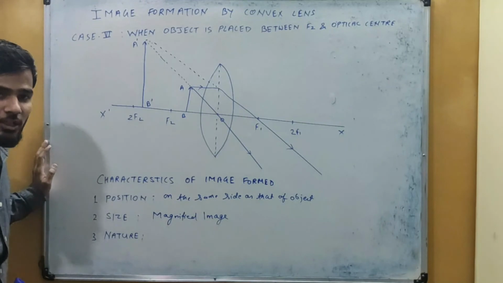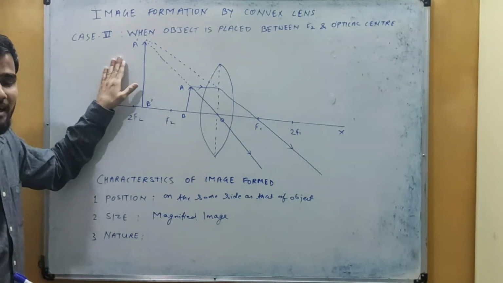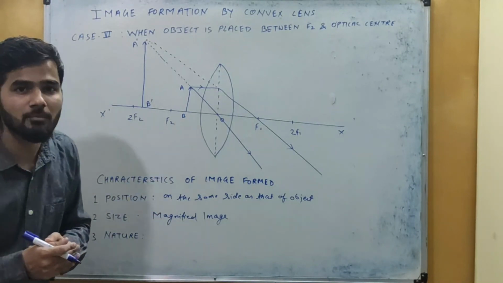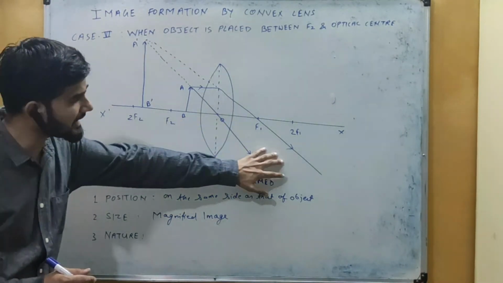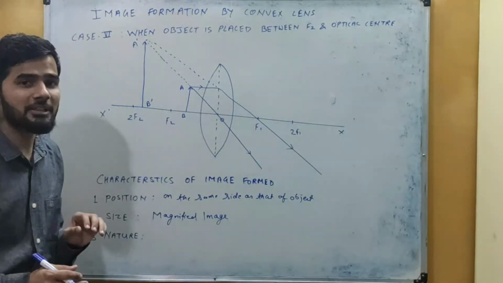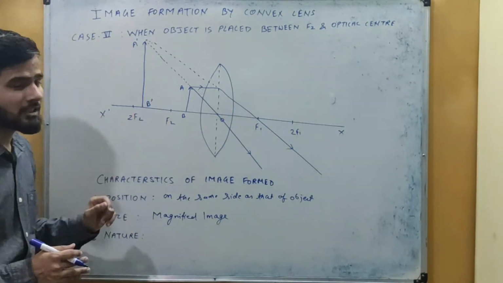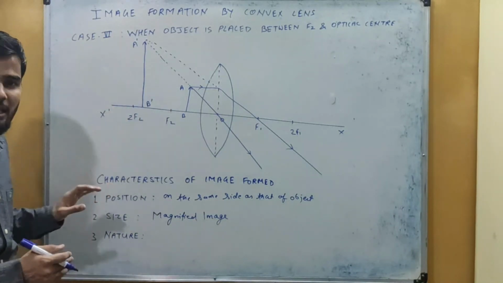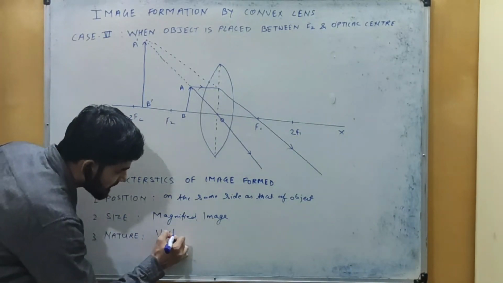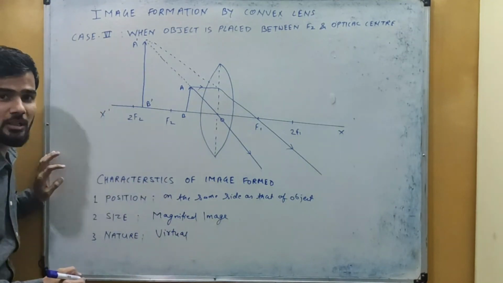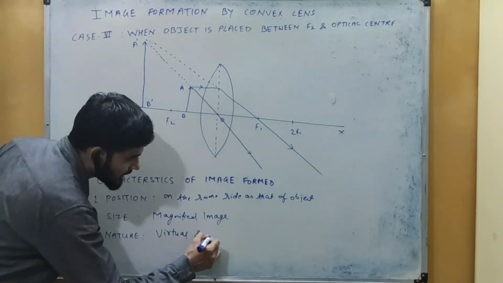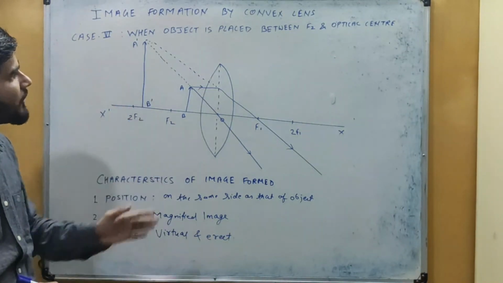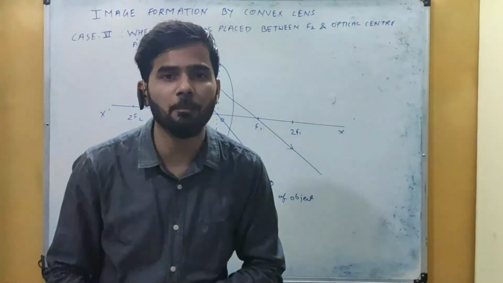The next is the nature. अब यहाँ पर देखिए nature, it is exactly different from what we studied in the 5 different cases of image formation. यहाँ पर क्या था, अगर light rays आगे जाके मिलती तो वहाँ पर क्या होता, real and inverted. But here it appears that light rays are meeting after refraction. तो यहाँ पर किस तरह की image बनेगी, it will be virtual. And we know that a virtual image is always erect. So we can write it is virtual and erect. So in this way we can draw the image formation when the object is placed between f2 and optical center.